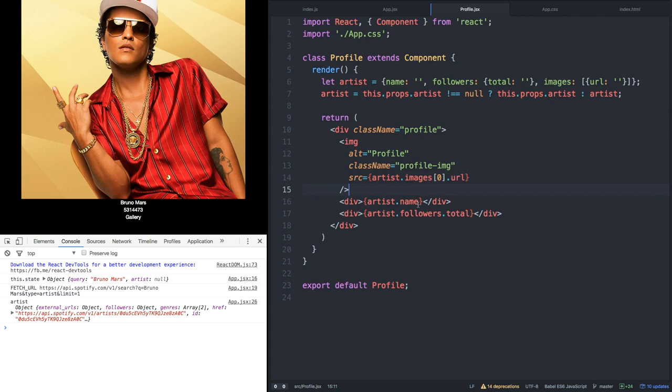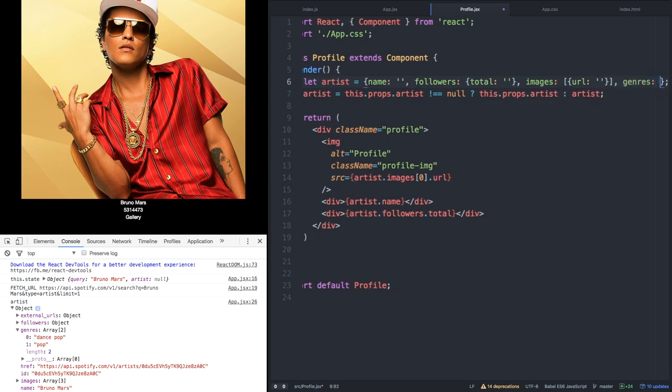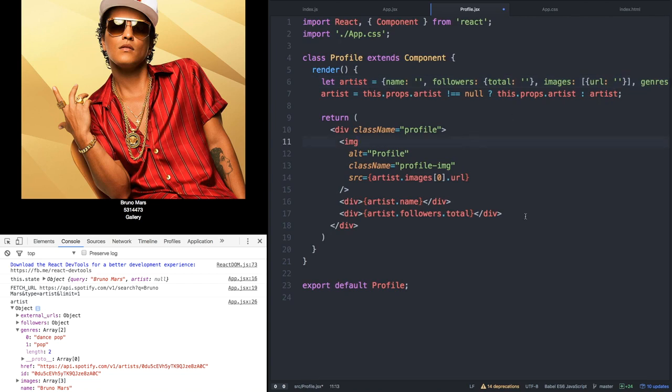Now, the genres acts as an array. It's a list. So somehow I'll have to map over the genres array to show each genre item within it. So genres, as you can see, is an array. So let's declare an empty array within our initial object here. And then we'll have to map over these genres with the map function. So luckily, JavaScript ships with the map function for arrays that allows us to map over it. For now, we'll simply map over each genre